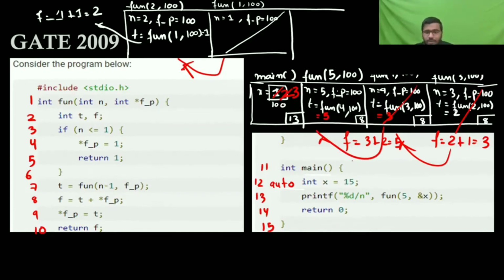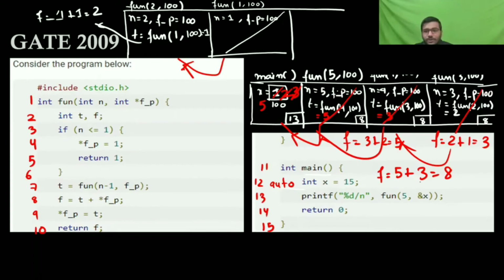Now f is equal to t plus, t is 5, 5 plus the value at that address, the value at 100 is 3, that is 8. So now after this f is 8, now the value at that is going to be t, so t is 5, so the value at that 100 is now going to be 5, and it will return f.